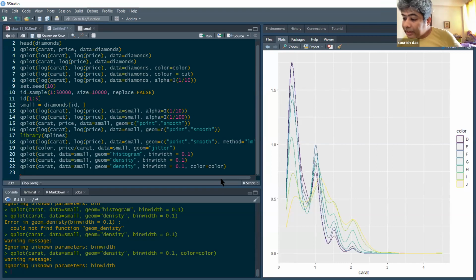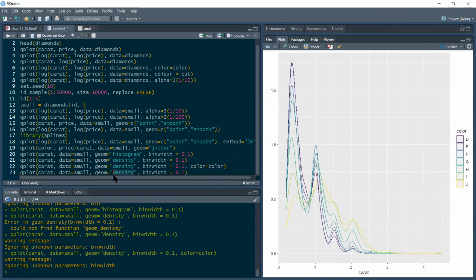And the last thing that I will do, you can try geom equal to bar. Okay, wait. No, this is qplot. Go to the end. Go to another new thing.